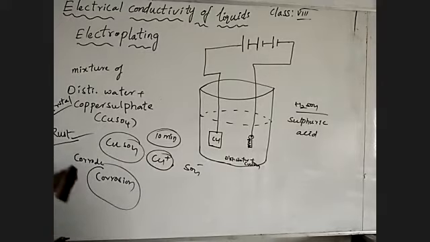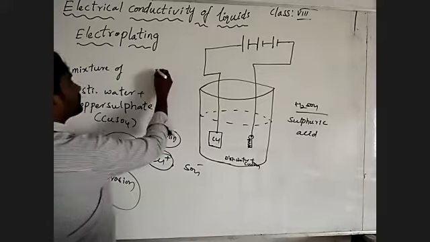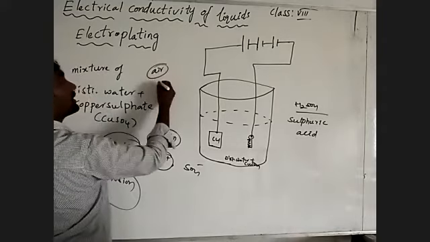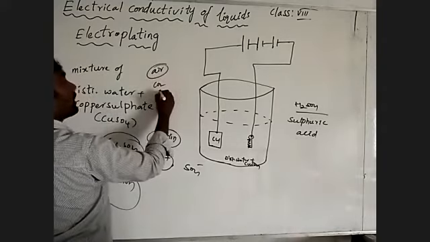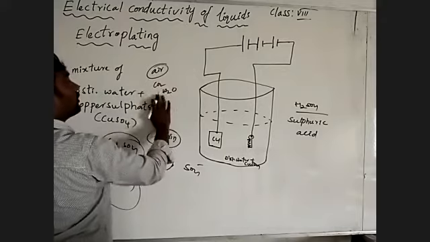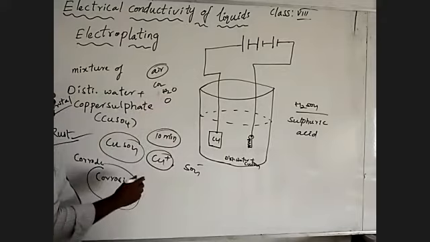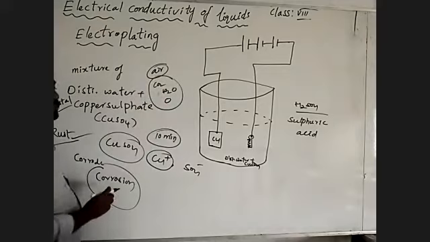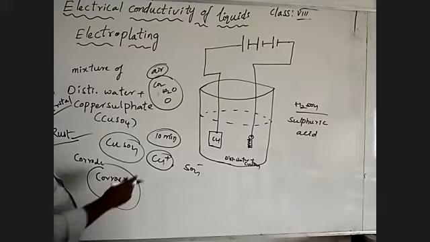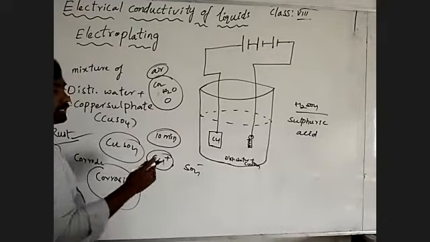So how is that rust forming? By placing our materials or metals in the open atmosphere. Our atmosphere consists of water, air, carbon dioxide, water molecules and oxygen. So the metal will react with those particular substances which are present in the air, by reacting with the oxygen present in the atmosphere.